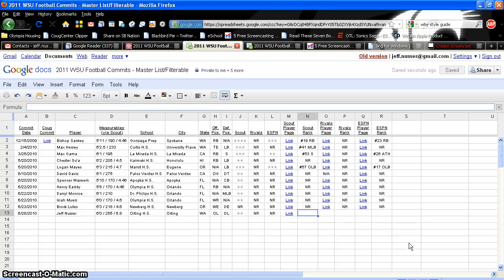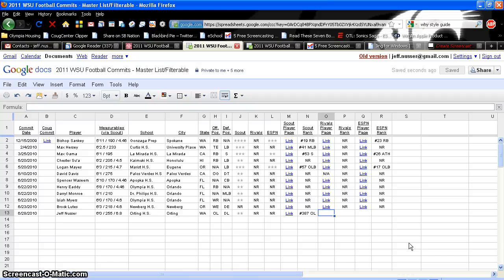For the ranking, if they have a ranking, great. If they don't, just put NR. Usually they will pick whatever the player's preferred position is, and put that in there for the rank. So for me, I would be like the 387th offensive lineman. Okay, and then repeat that with the Rivals link URL, rank, ESPN link URL, and then their